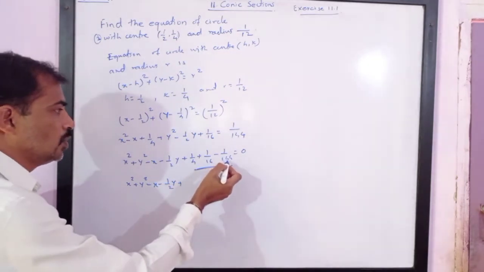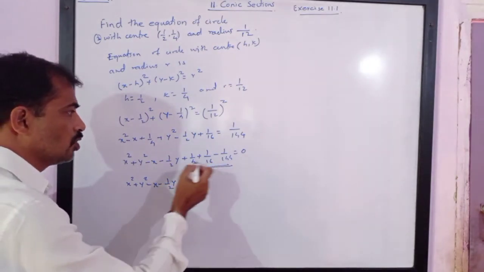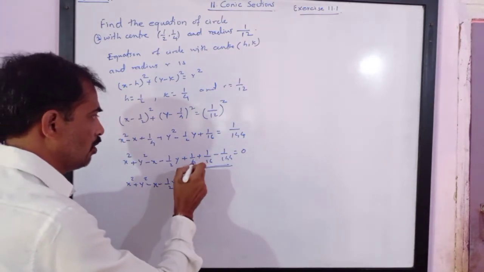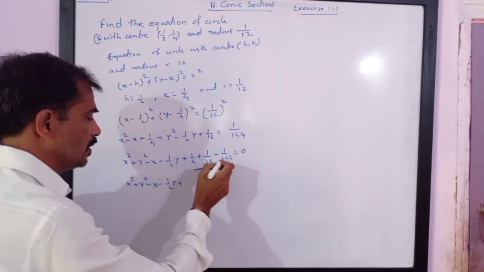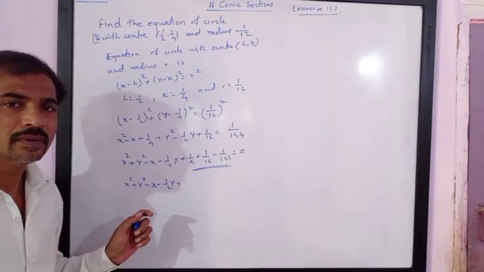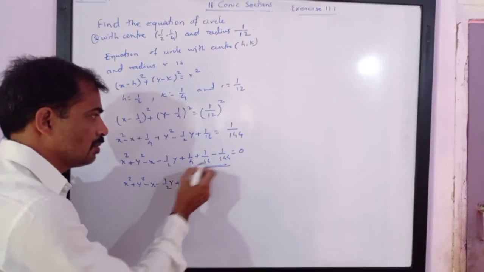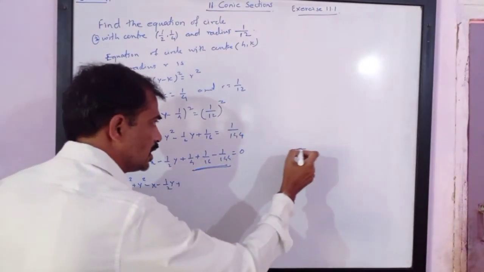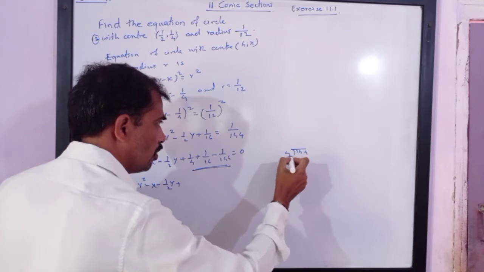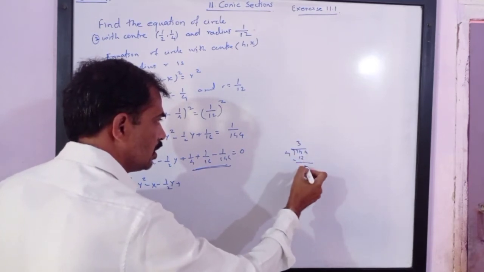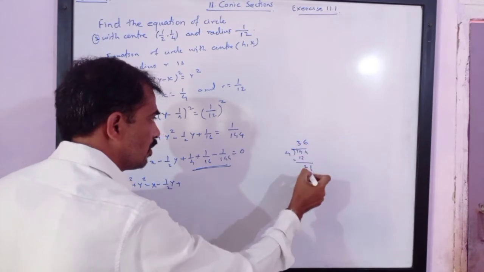Now in order to solve this, we will have to multiply this by 8 and this by 4. In order to get the common denominator, we have to multiply this by 36. You can check: 144 divided by 4 is 36, because 4 times 3 are 12 and 4 times 6 are 24.